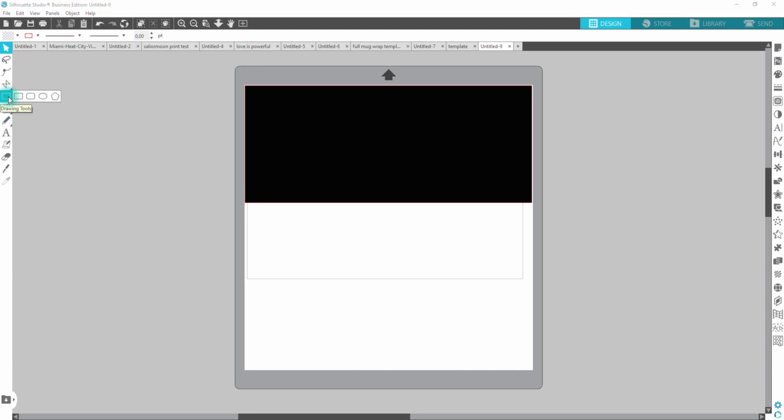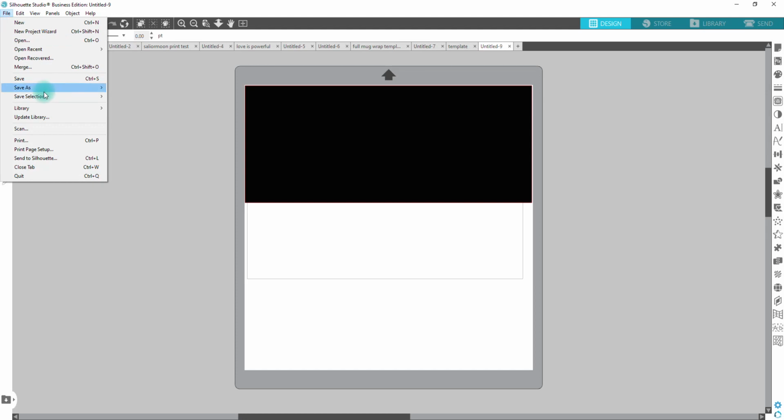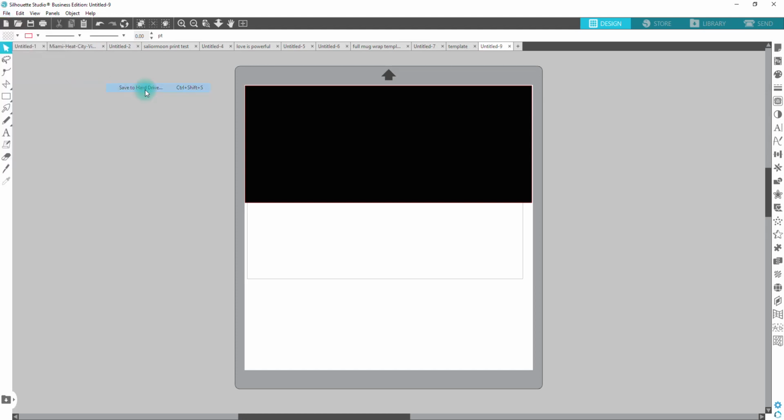To make a rectangle, you're going to go to the drawing tools, choose rectangle, and make it whatever size that you want. You can just randomly do it, just making sure that you're bigger than, let's say, with an 11-ounce mug, it's about 4 inches. So you can make that right at 4 inches. You can use the scale up here to make a specific size, and then you want to fill it with color. Once you fill it with color, you're going to go File, Save As, Save to Hard Drive,